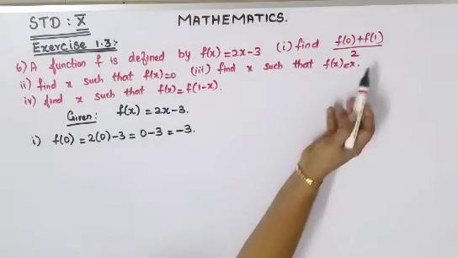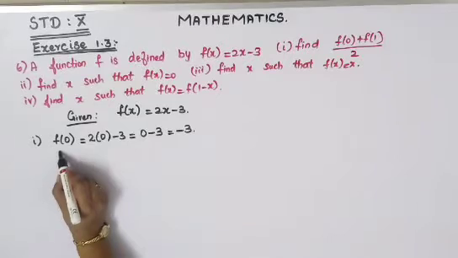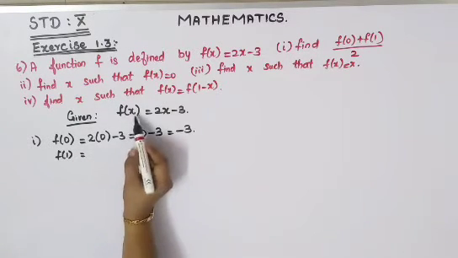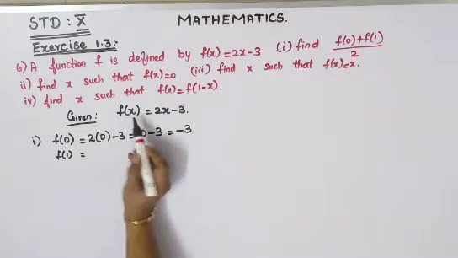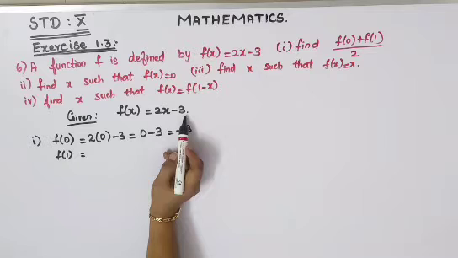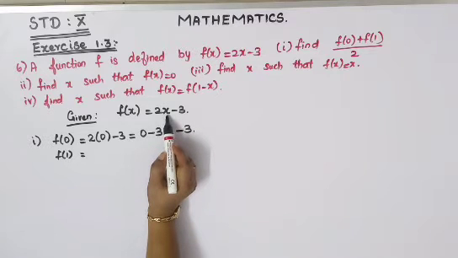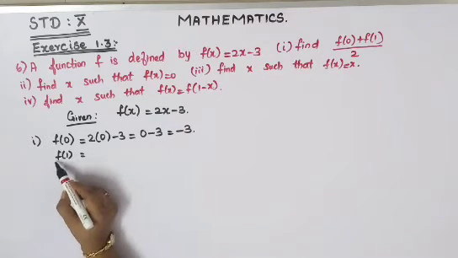So next part is f of 1 we need. So just write f of 1. Wherever x is there you will have to put 1. So whatever you are putting in your left hand side for x, you will have to put for right hand side also. Wherever x is there you will have to replace by 1. Okay, so left hand side we have finished.